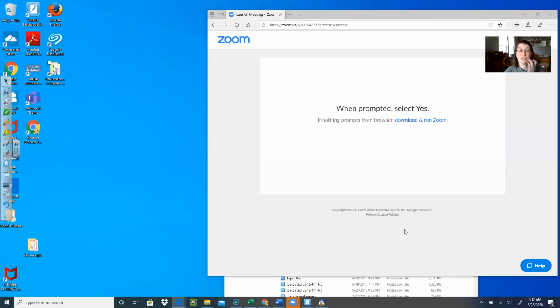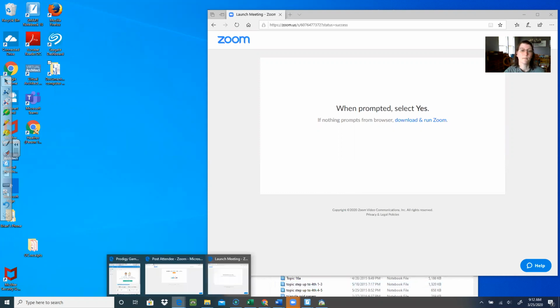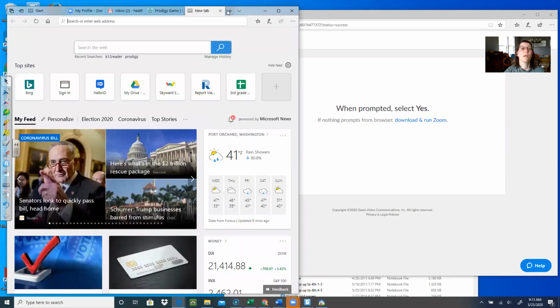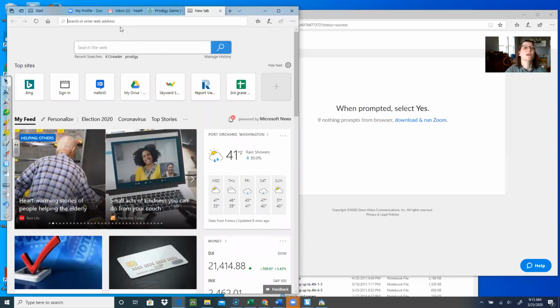Hopefully you can see my screen. I am going to show you how to get into your Hello ID account. And so I'm going to pull up a tab. You can see that I was playing with Prodigy earlier. And now I'm going to open a new tab. And I've already been to Hello ID, but I'm going to show you how you can get to Hello ID. I am going to search for,